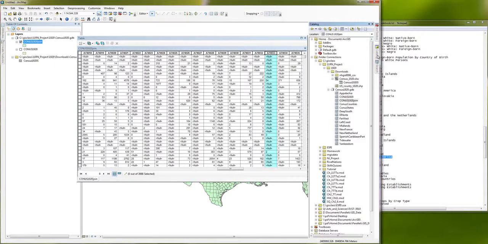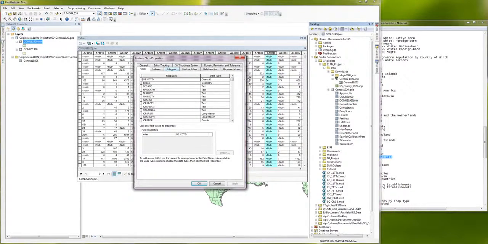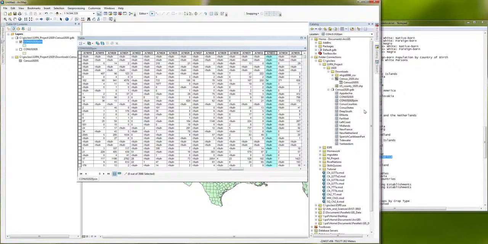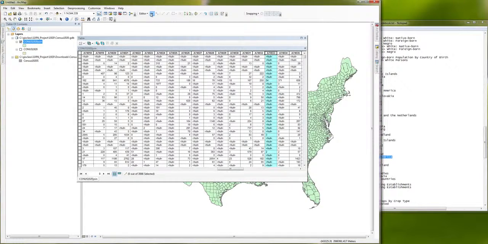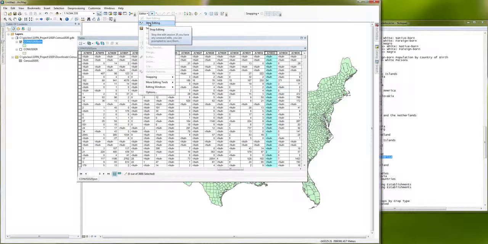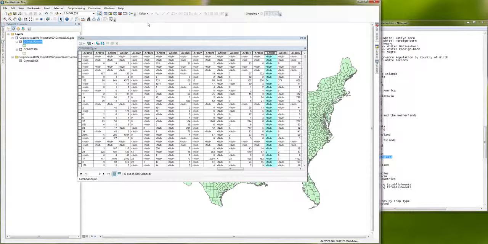The way I know to do this is back in the catalog window with properties and the field properties. I am going to, I think I have an editor session going. That's why I can't do anything. Yeah, I had an editor session going, and I should be able to add things now. So let's take a look and see if I can